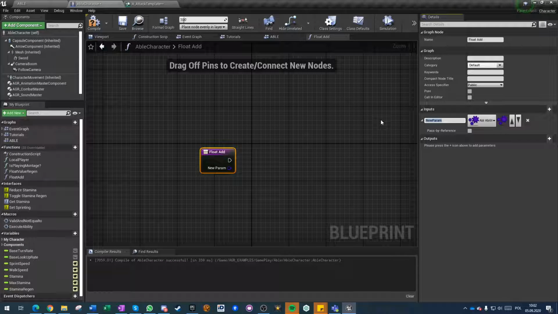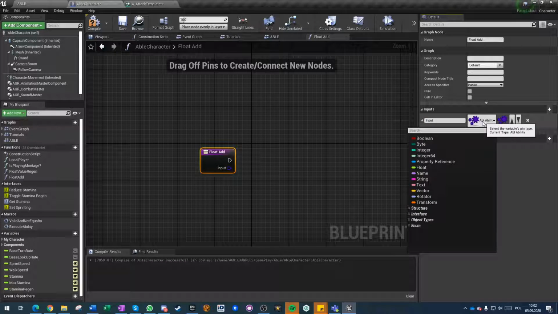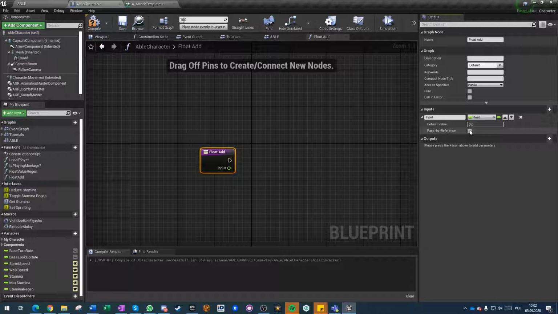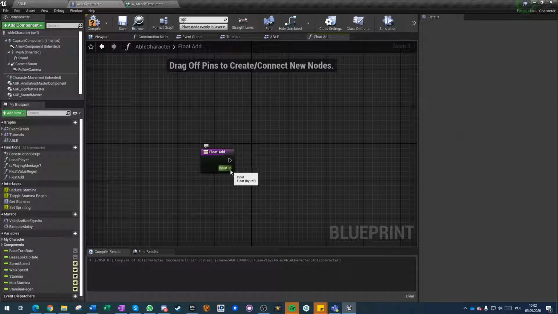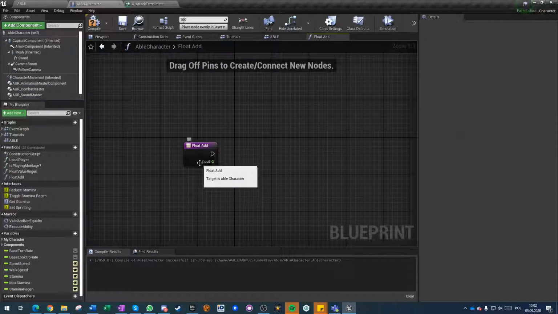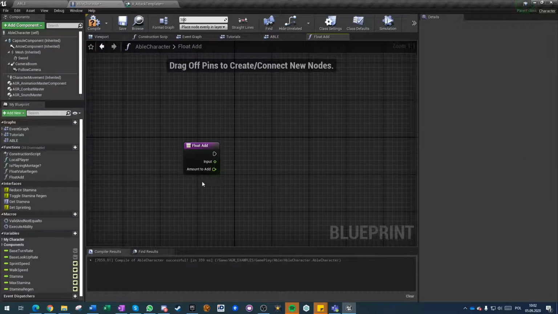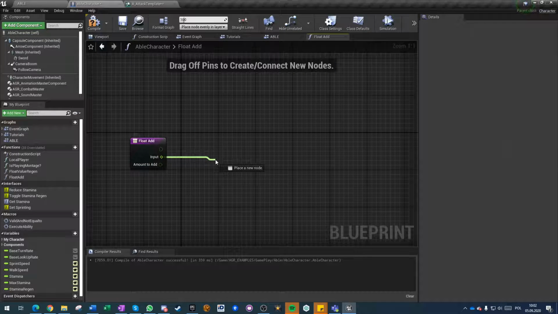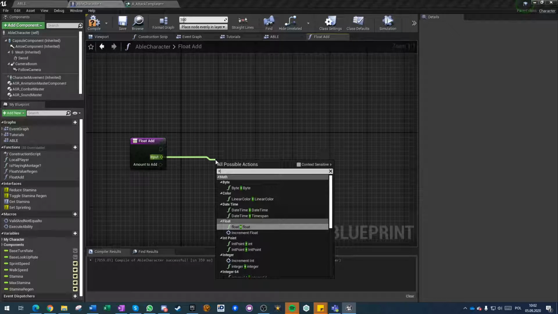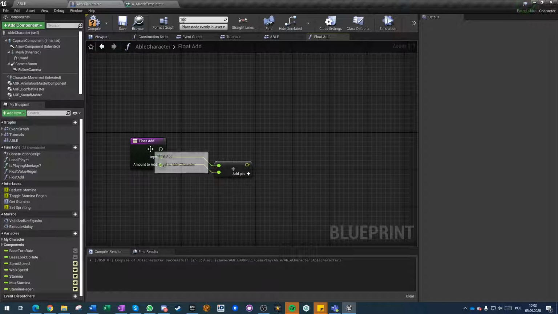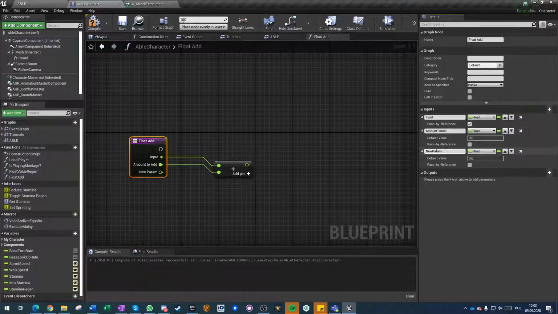So we got an input, which is a float passed by reference again, so this changes to a different shape, and then amount to add, which is a float, which is not passed by reference. It can be a straight value, and then we go like this, float plus float, and then we need also